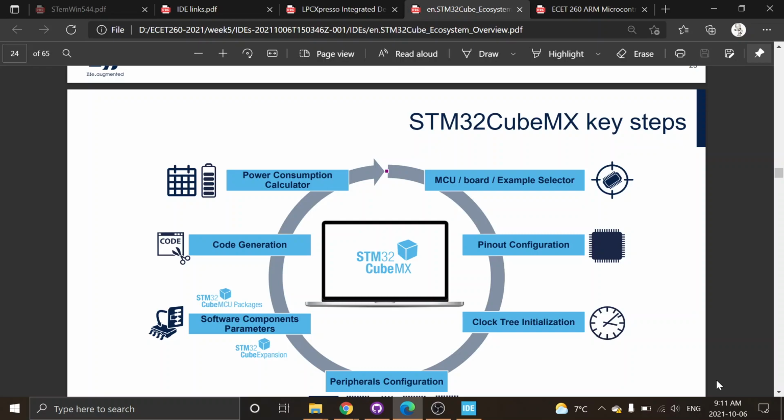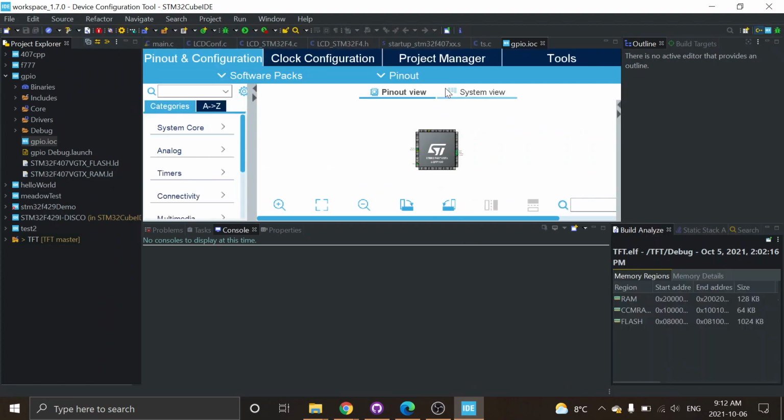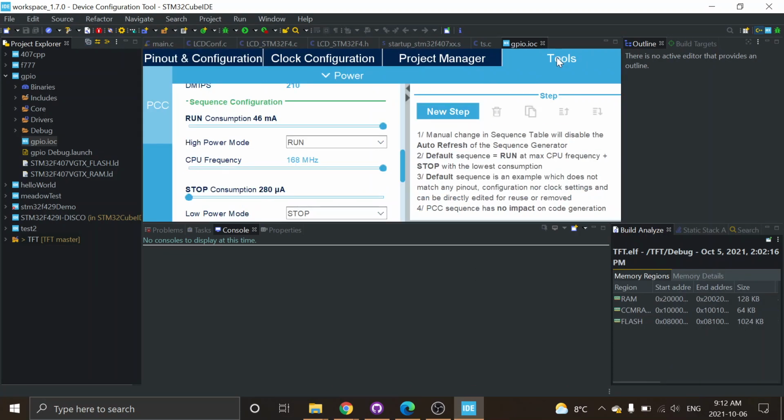There's a tab that you go and select, and you say, I'm running on 3 AAAs. Look at the code I've written. If I'm asleep for this long and awake for this long, how many hours do I have to run on the batteries that I picked? And it will look at the code, look at what you're doing, and estimate how long you'll run on battery life. So then you can say, well, I don't want to use 2 batteries. Maybe I want to use, you know,